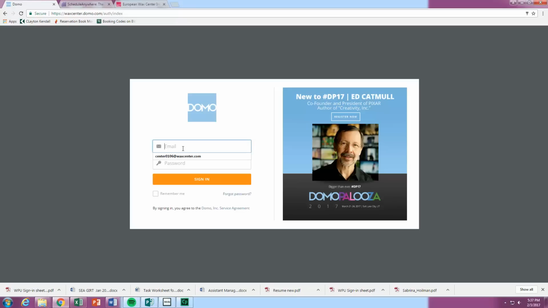Our password is going to be... Now, if that doesn't work, then it probably means that we've changed the password. This one is a little outdated, so please see your manager if you have any questions about the current password. You click sign in,